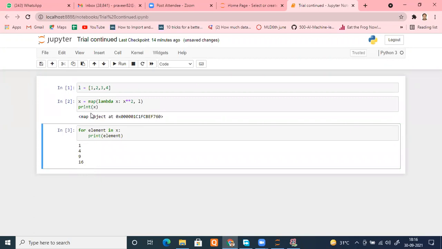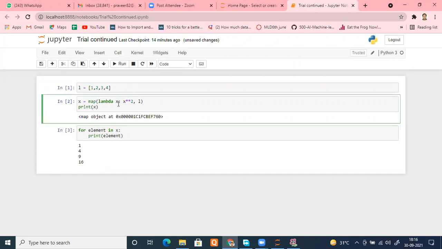What is the preferred method? It is storing an object, so let me convert it into any iterable. For example, I want to convert it into a list. What could I type? I just have to type the keyword list here. What will happen? This complete map lambda function will return a map object, and that will be converted into a list. So you will be able to see x in terms of your list.